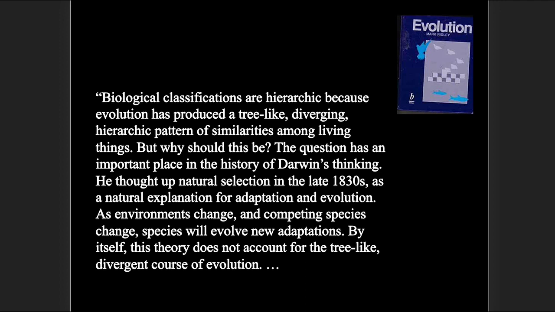Okay, before continuing, I want to point out this phrase here, he thought up natural selection. I like that. You don't often see that in textbooks or popular literature about evolution. Usually Darwin is described as discovering natural selection or observing, even confirming. Darwin discovered evolution, common descent, natural selection, and so forth. That's not true. He didn't. This was all inferred. He thought up these things to explain what he was observing in nature. So I like that phrase there.